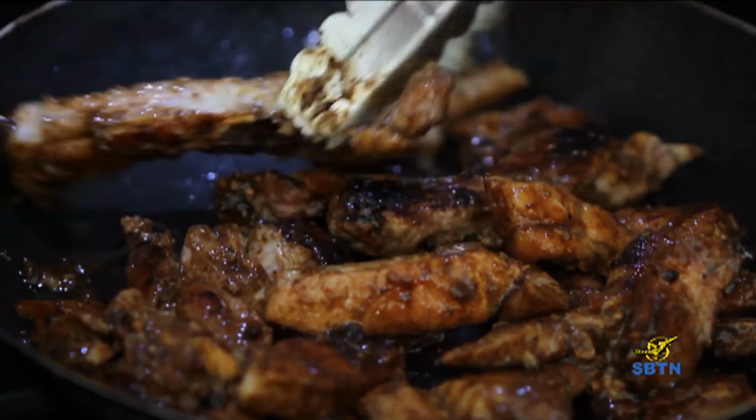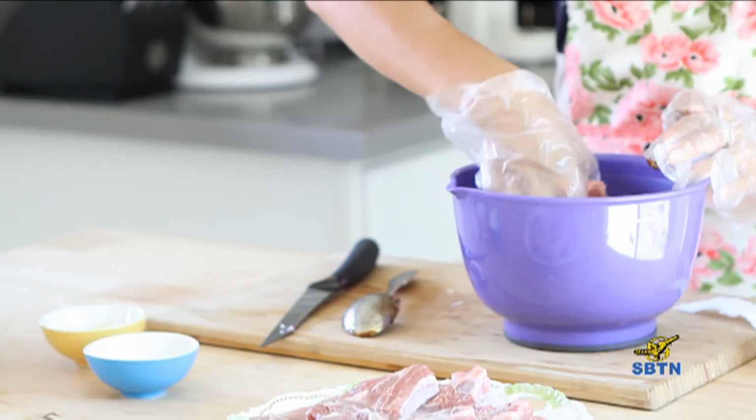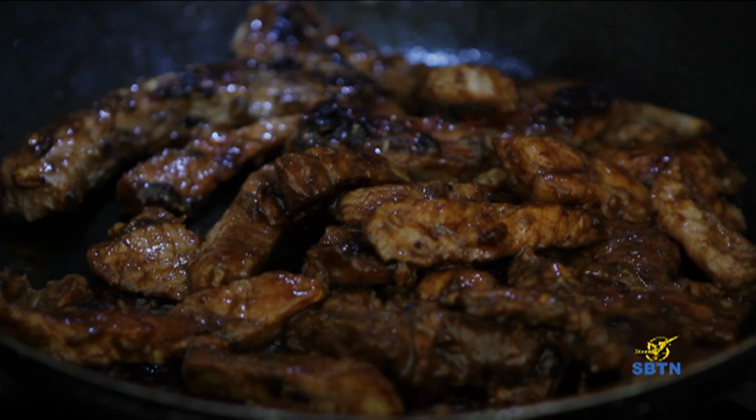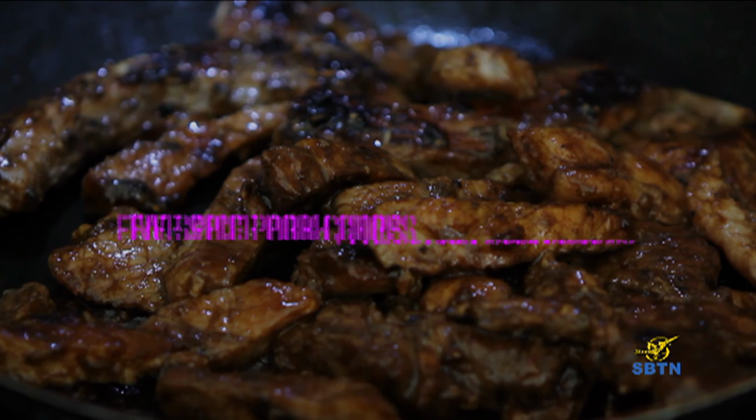This next dish that I'm going to show you how to make is super simple, and it appears my theme so far is just super simple. I like to do things that I can marinate and leave overnight, and then the next day it's ready to go, so it makes it easy for me if I have to work and then I can come home and it'll be ready to go. This is a 5-spice pork chop, and the way that I cook it, it is so tender and it's very